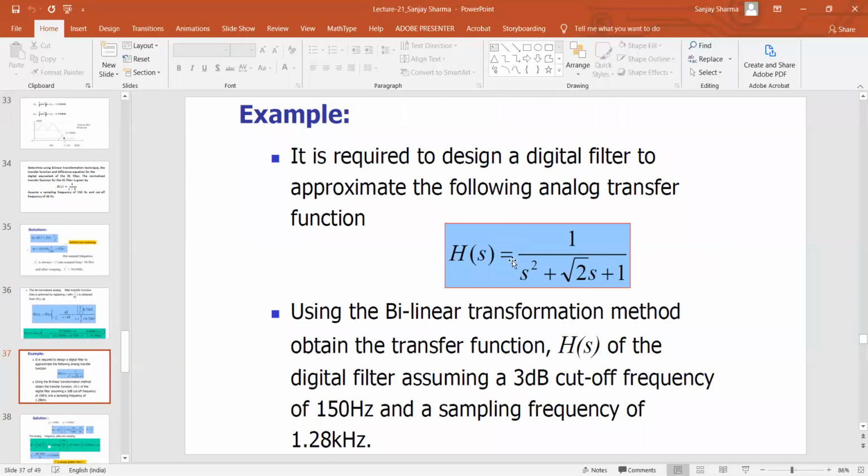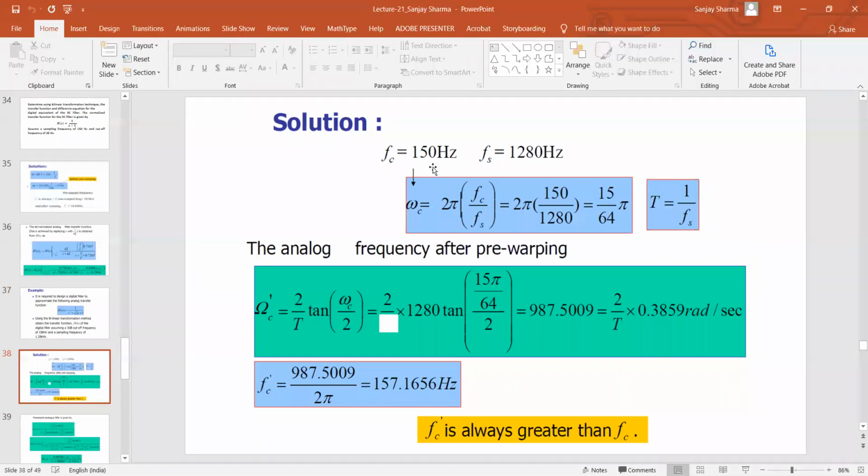I think I have one more example. Let us look at this example also. This is the Butterworth example. This is a low pass Butterworth filter. This H(s) is given. This is a normalized one, and it has to be denormalized. How to denormalize it? Replace s with s by capital omega c. Now, which capital omega c must I use after the compensation is applied? What is the cutoff frequency given? Cutoff frequency given is 150 hertz.